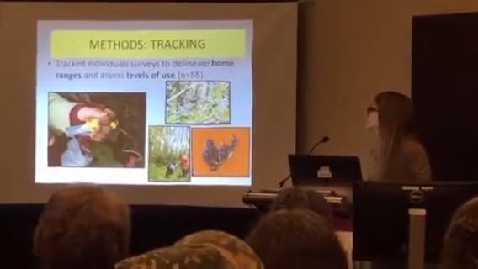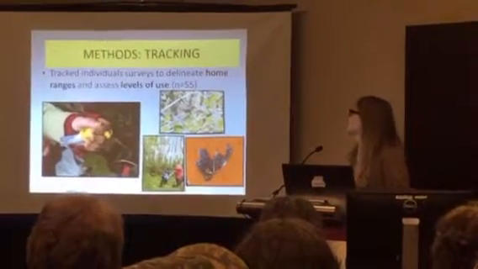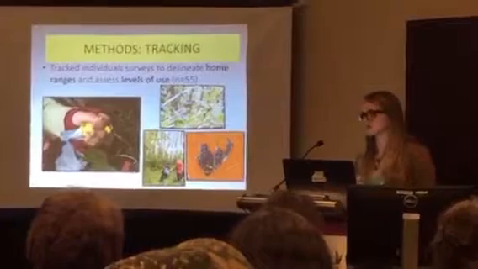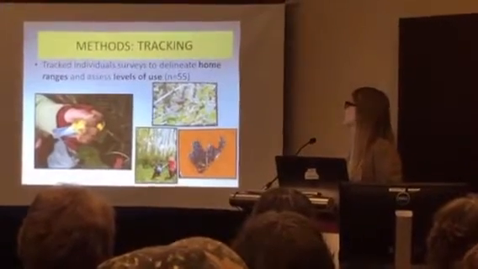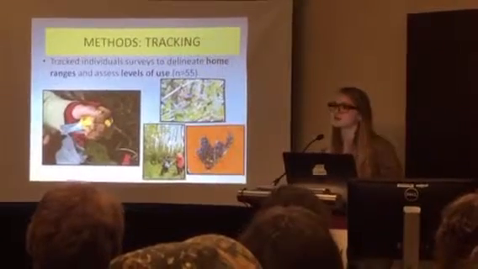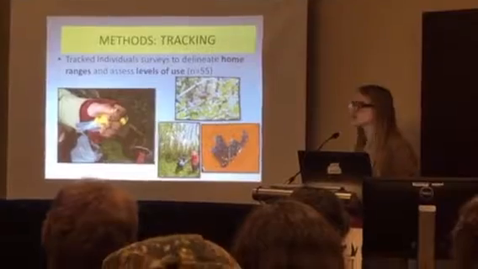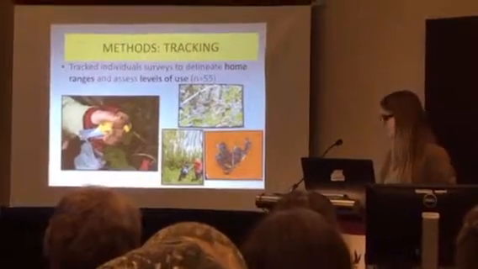We then selected a subset of individuals. That slide always gets laughed at. These males were selected based on being near post-harvest stands. So males that were detected within 200 meters of post-harvest stands were selected. We color banded them, tracked them throughout the breeding season using burst sampling. And we delineated home ranges using minimum convex polygons and assessed levels of use within the home range.